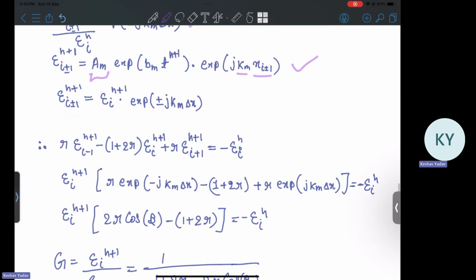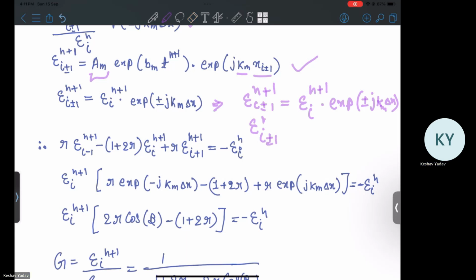If you use that, similarly if you do it for epsilon i plus minus 1 at n plus 1th, that will lead to epsilon i at n plus 1th multiplied by exponential of plus minus j km delta x. And if you do like we did in the explicit scheme, n plus 1 will be equal to epsilon